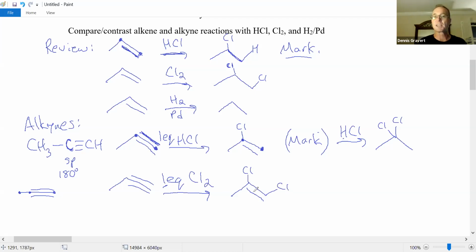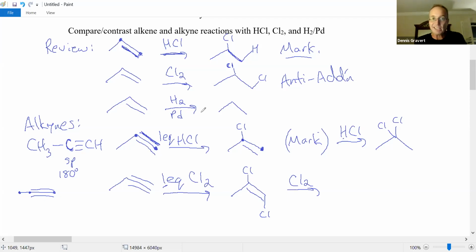How come they're on the same side of the double bond? Because they're not supposed to be. It's anti-addition, which means they're supposed to be on opposite sides. I'm glad I caught that. Whoops. I'm supposed to erase this chlorine before I did that. Gotta fix that. I'll abbreviate it this way, anti-addition, which means the chlorines add trans, right? This is an alkene, it's kind of locked in position. It's trans, and now we can add a second equivalent, or just an excess of chlorine, and now the pi